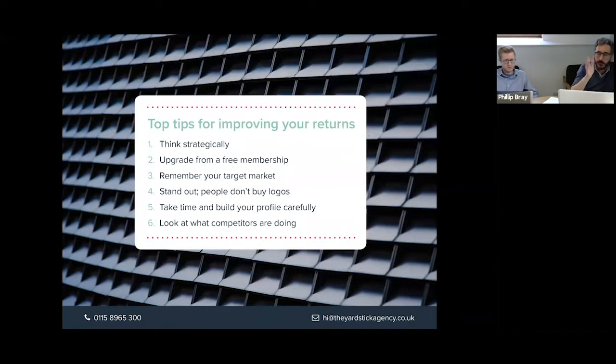As I said earlier, number 3, remember your target market. Don't start building your profiles until you understand who your target market is. Because people want to understand that you have the specialist knowledge to deal with them, that you're experienced in dealing with people like them. So talk about your target market. Now that might be in your 20-word statement on Unbiased. It might be something along the lines of chartered firm working with people close to, at, or past retirement. Giving independent advice, etc., etc.